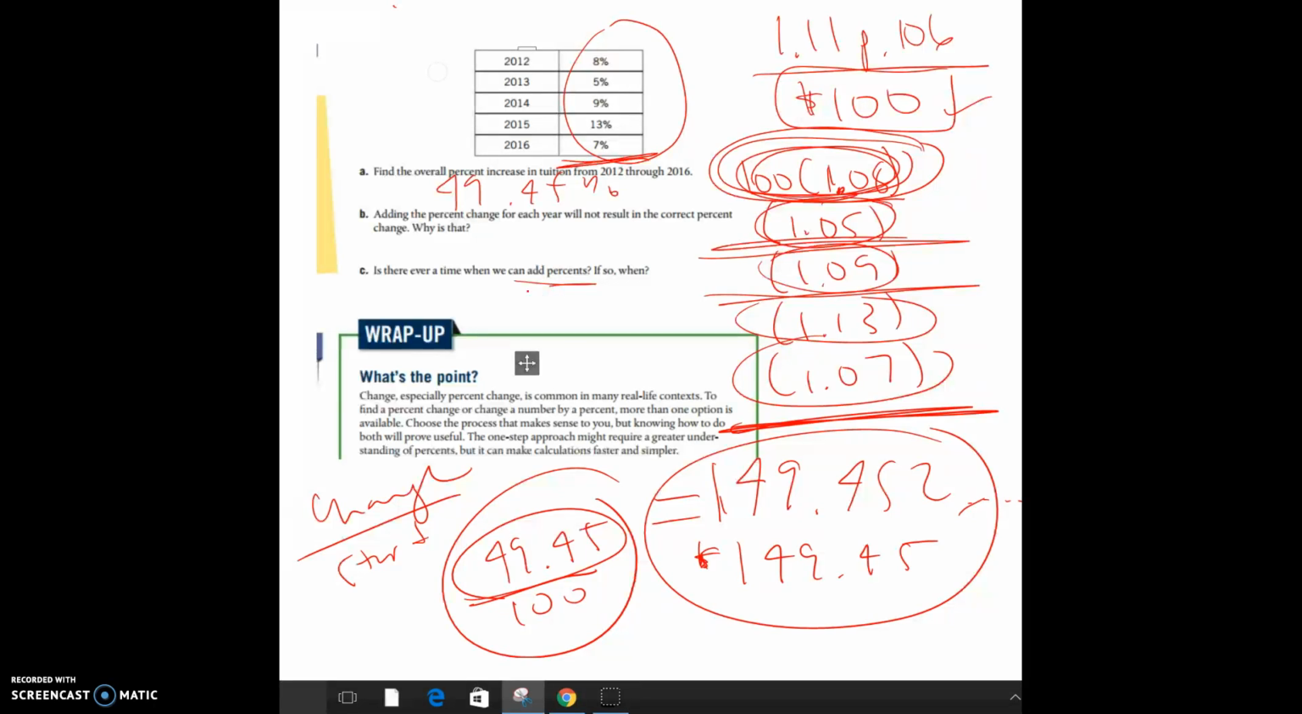Sometimes you can add percents, for extra credit, like if you get a 98% and the teacher gives 100% extra